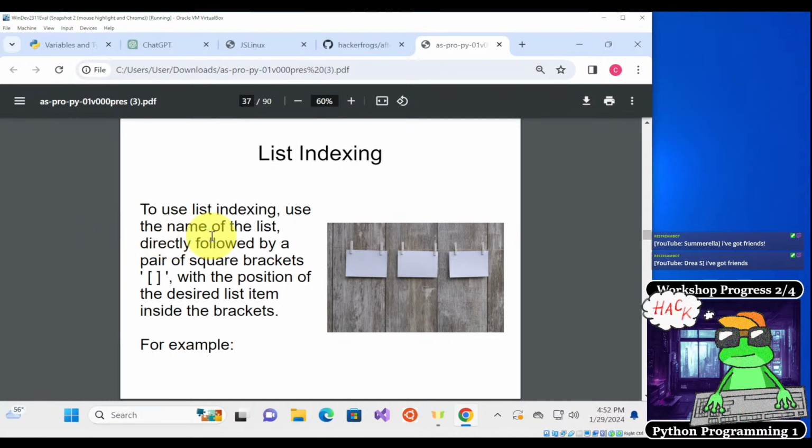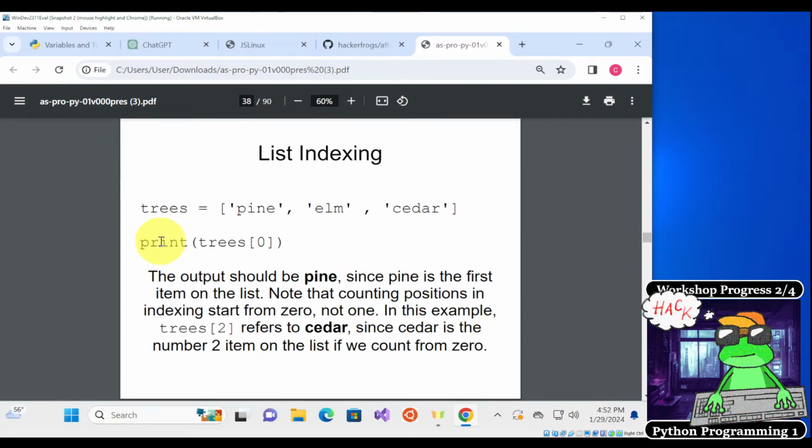To use list indexing, we're going to use the name of the list directly followed by a pair of square brackets with the position of the desired list item inside the brackets. For example, we have trees. So this list of trees, we've got a pine, an elm, and a cedar tree. Okay, so if we print trees, and then the brackets, and then 0, we're referring to one specific item in